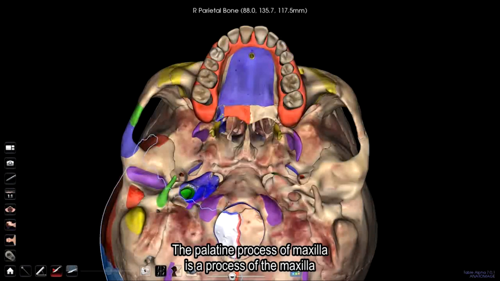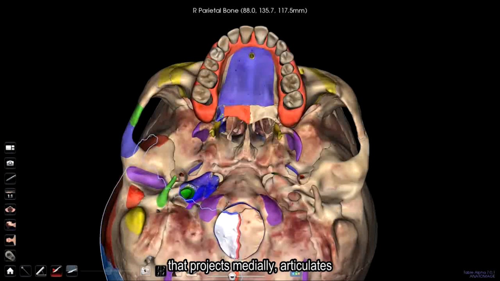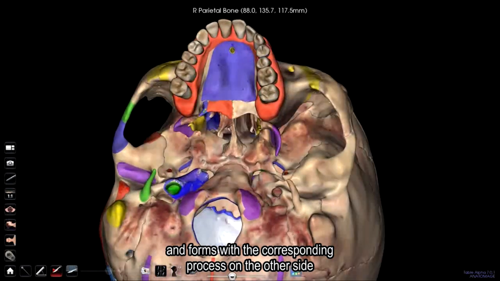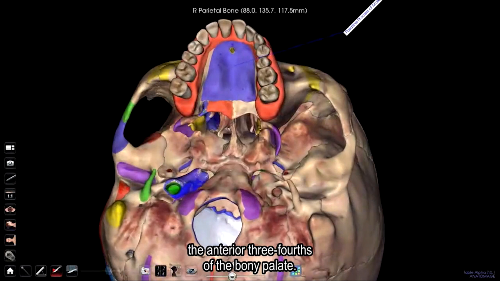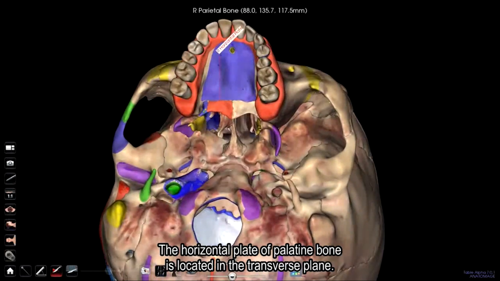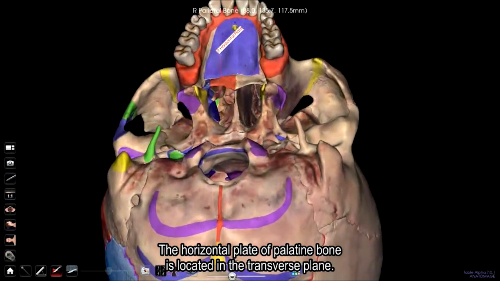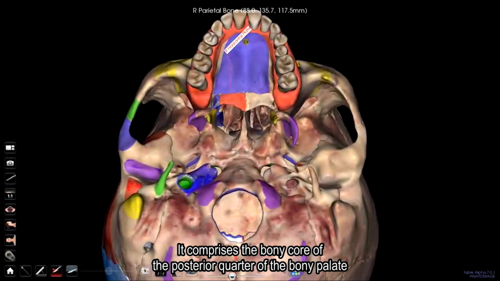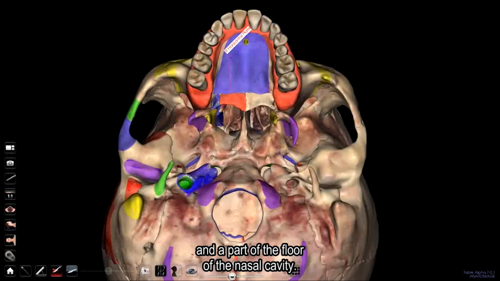The palatine process of maxilla is a process of the maxilla that projects medially, articulates posteriorly with the palatine bone, and forms with the corresponding process on the other side the anterior 3/4 of the bony palate. The horizontal plate of palatine bone is located in the transverse plane. It comprises the bony core of the posterior quarter of the bony palate and a part of the floor of